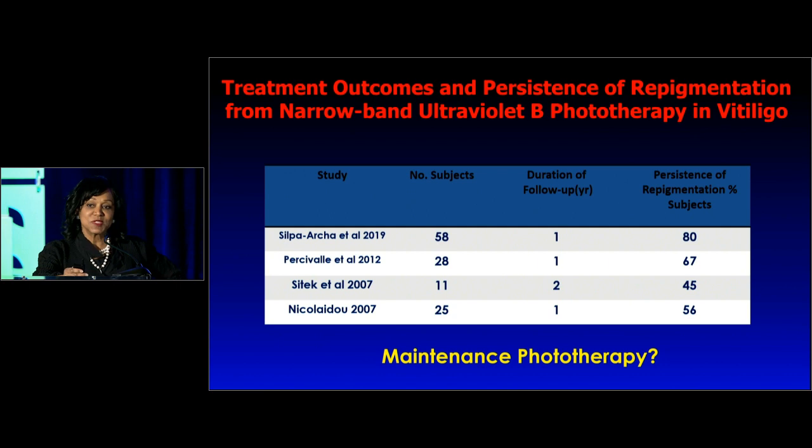Well, it varies from study to study. Here I cite 4 studies. They treated the patients and then stopped the treatment, monitoring them for a duration of 1 to 2 years. And you can see that the persistence of repigmentation varies from 45% to as high as 80% in the most recent study in 2019. So I think that there is a cohort of patients that we treat with narrowband UVB who probably need to go on some type of maintenance protocol in order to maintain the treatment